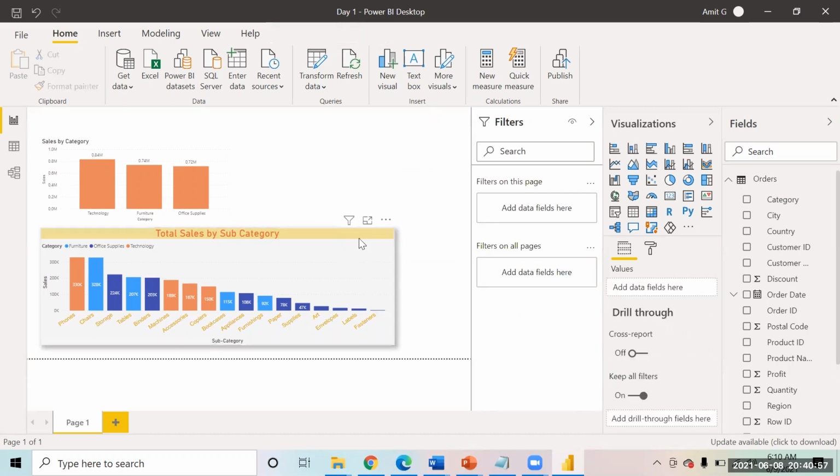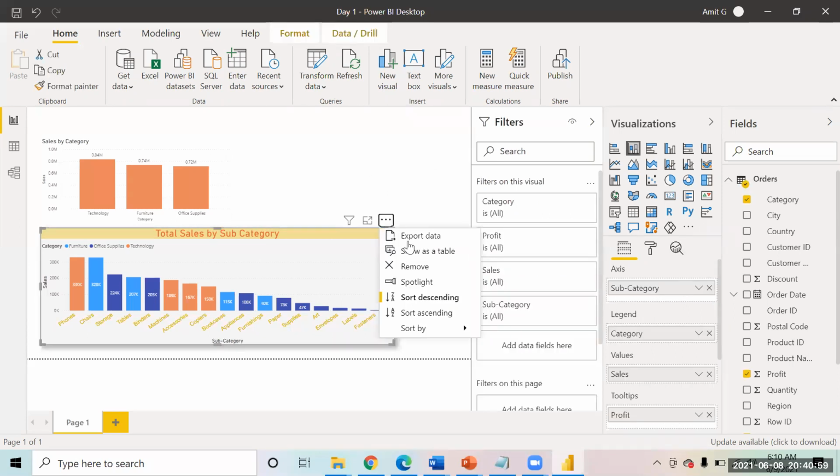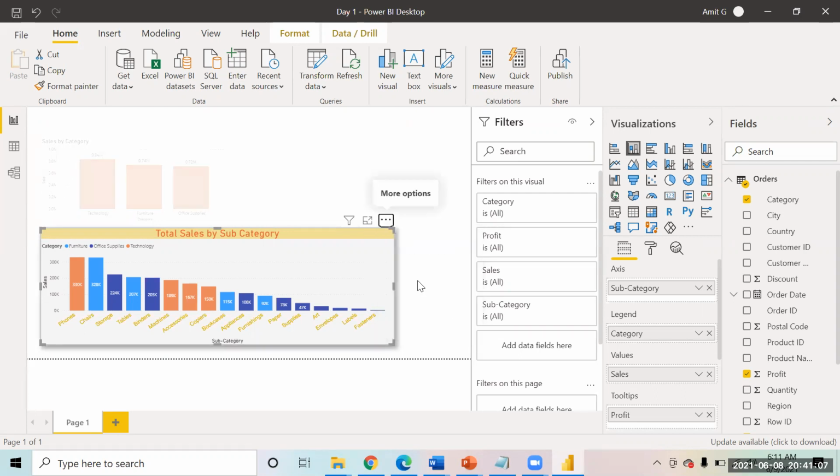If I make it highlight, they are not highlighted permanently. They are just for on the go usage. The spotlight option is on the go usage. For example, you come over here. Now you share this report. So basically what will happen is if you're graying it out, you don't want to show that information, right? In that case, you can hide the charts.